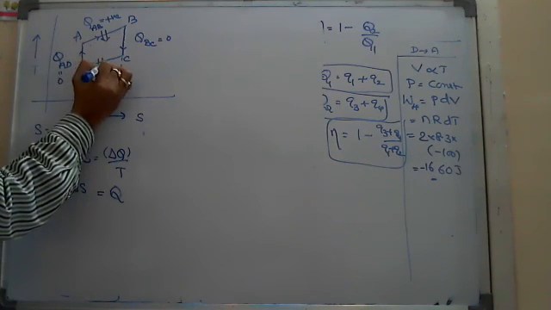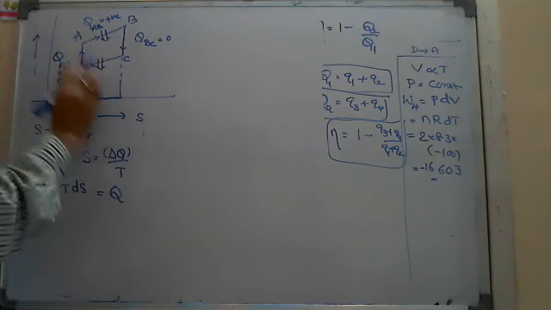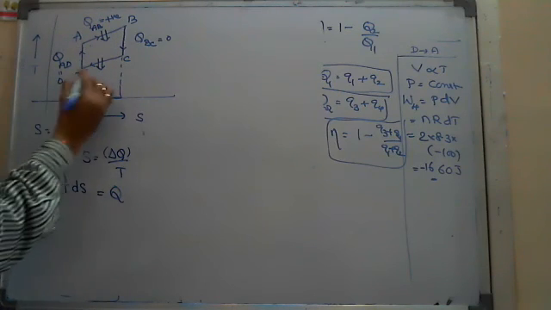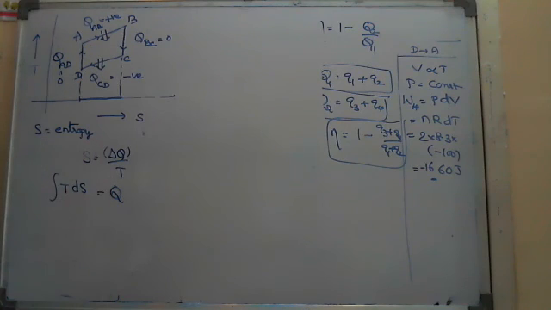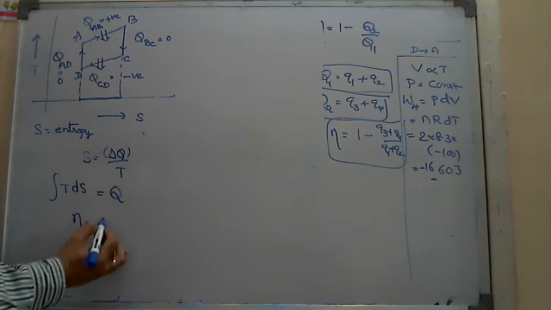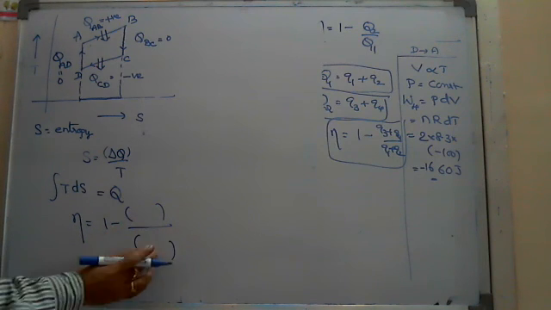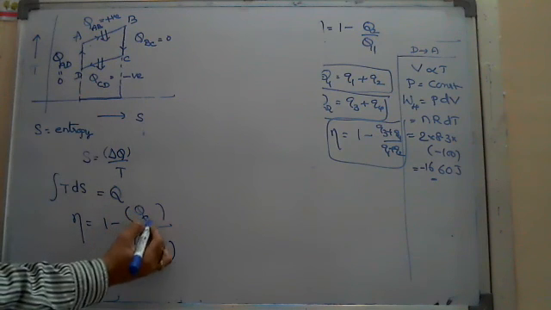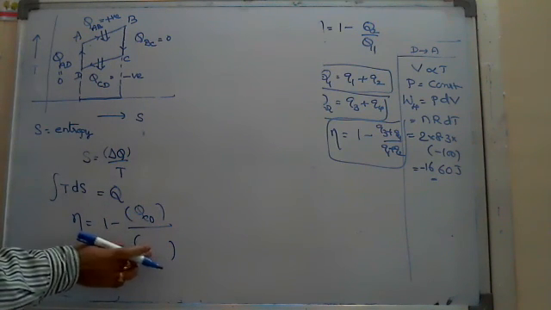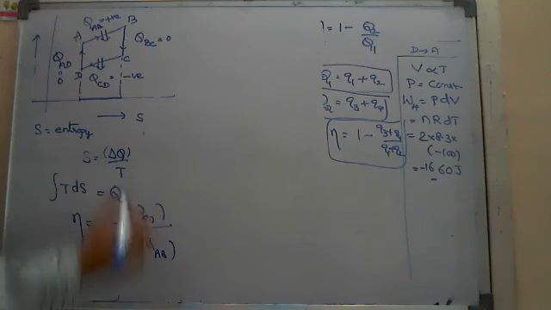That we draw like this. Heat is given to the system here, and here heat is taken out from the system. And Q from C to D, I will get negative. So if they ask for the efficiency here, straight away I can say efficiency is equal to 1 minus heat released by heat absorbed. Heat is released only in one process, that is Q from C to D, and heat is absorbed from A to B.